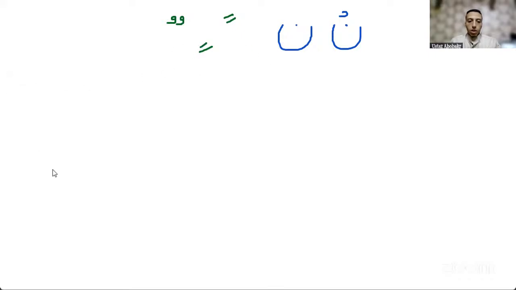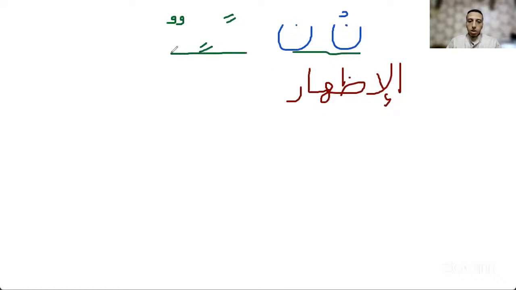We talked last time about the first rule, which was al-izhar. That was its name. We said that in Arabic, the word al-izhar means clarity, which is basically making something clear. And we said that we have 6 letters for applying al-izhar. We have to find one of these 6 letters after the Nun Sakina or after a Tanween, so we can apply the rule of al-izhar.